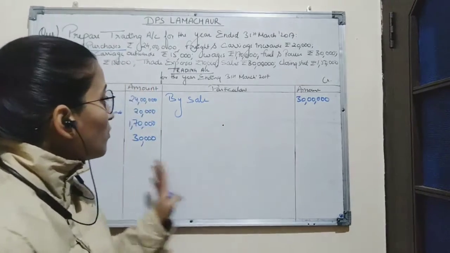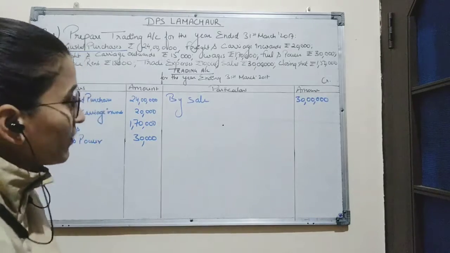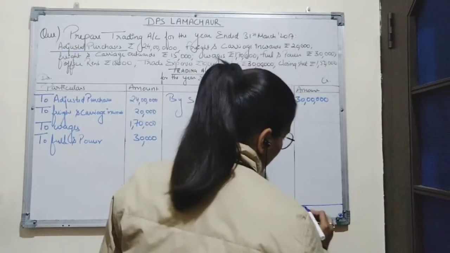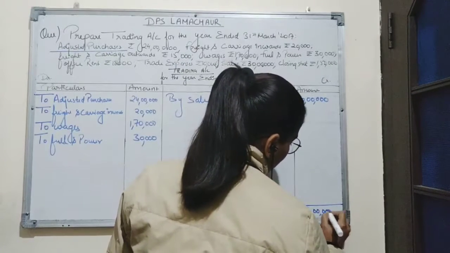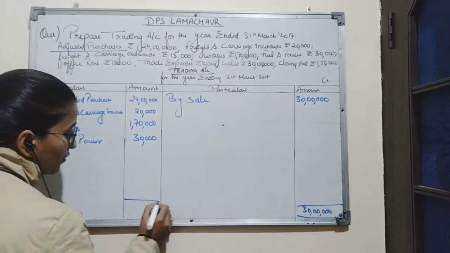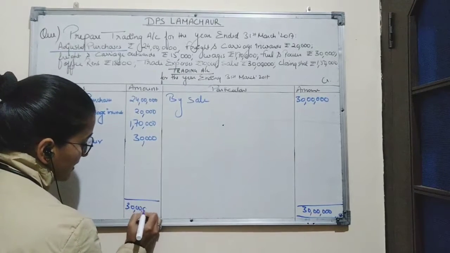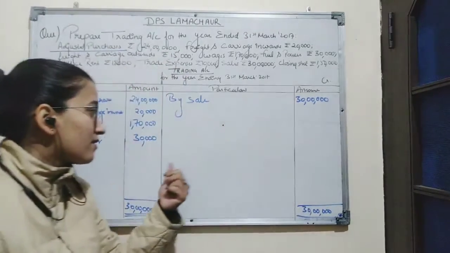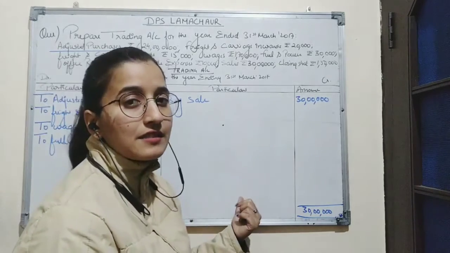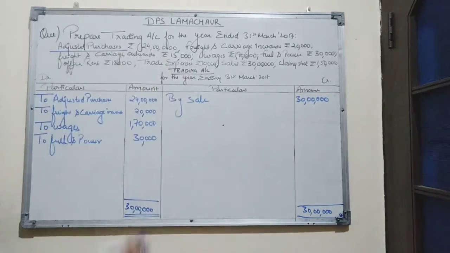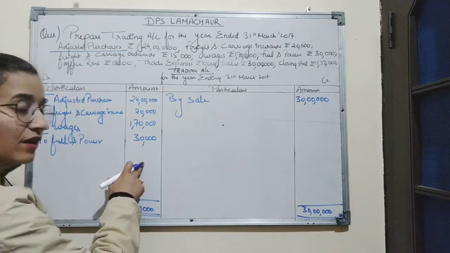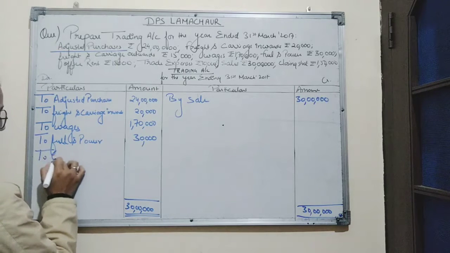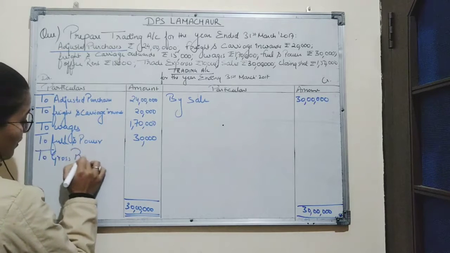Now we will see which side is having a greater value. So as we can see here, credit side is having a greater value with the amount rupees 30 lakhs. We'll record the same amount on debit side also, rupees 30 lakhs. So as credit side amount exceeds the debit side, this means the company has gained profit. So this will be the balancing figure here. Balancing figure on debit side is considered as gross profit. So we'll write here to gross profit